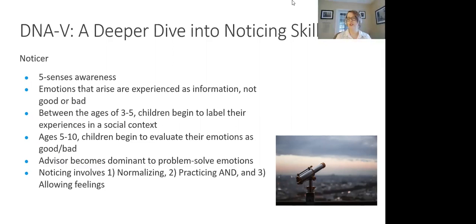And there's sort of, from this developmental model, when you think about little kids, right? At 3 to 5, they go to preschool and they start to label their experiences in a social context. And at around ages 5 to 10, they begin to evaluate good emotions, bad emotions based on what they're seeing around them. And we have a culture of sort of pushing away negative or bad emotions, right? And what happens is the advising part of us gets engaged in trying to problem solve too much, too little, too intense, too negative emotion, right? And that's definitely counterproductive.